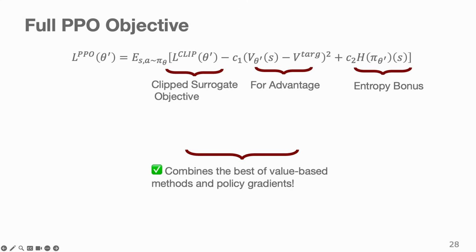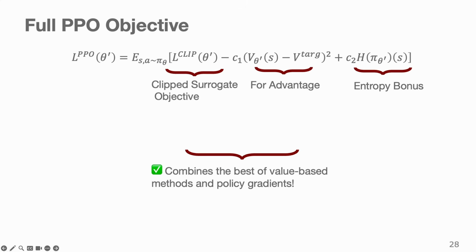The second term is the value function loss, and this is essentially a critic, which is being trained simultaneously to give us better estimates of the advantage function. Remember, the advantage function requires the value of pi of the states, and so the better our critic is, the lower the variance of our advantage estimates will be, and the more stable our policy. The third term is the entropy bonus we discussed earlier, keeping the policy from collapsing to a deterministic solution and maintaining exploration.